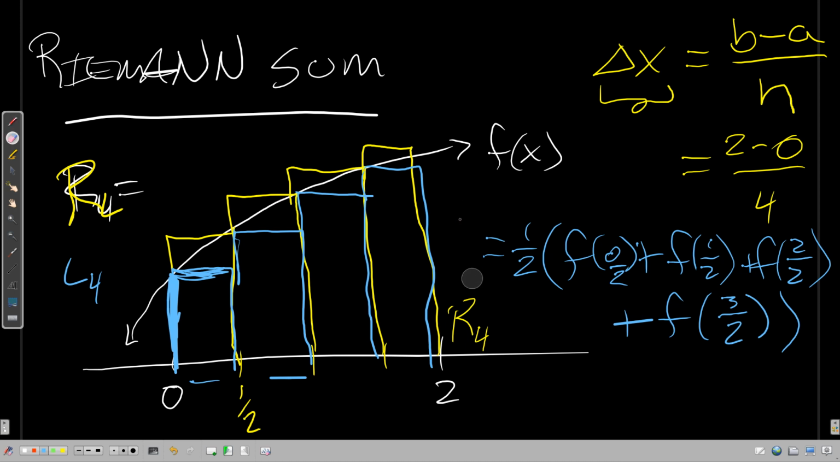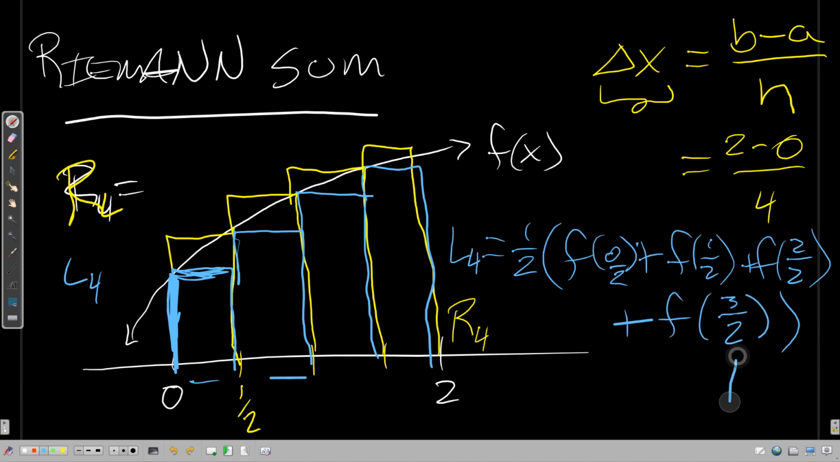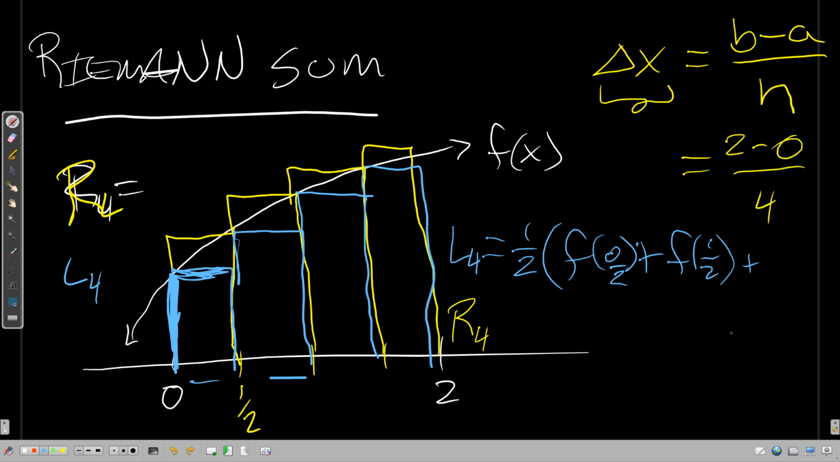For a right Riemann sum, you would not start at the leftmost endpoint. You would start at the second one, right? Let me back up here. Notice that this did not terminate at 4/2. It did not terminate at the 2. We didn't go all the way to the last endpoint for the left Riemann sum. But for the right Riemann sum, you would go all the way to the last endpoint, because you still need 4 heights to get that